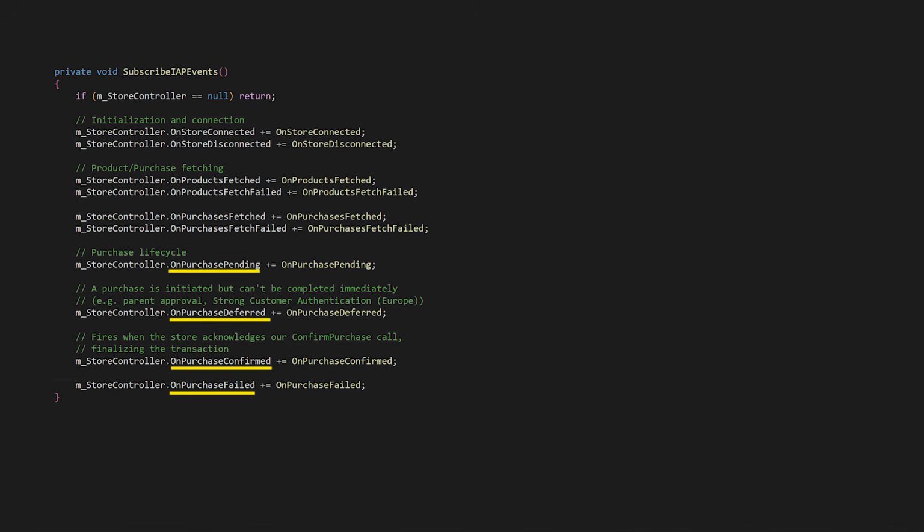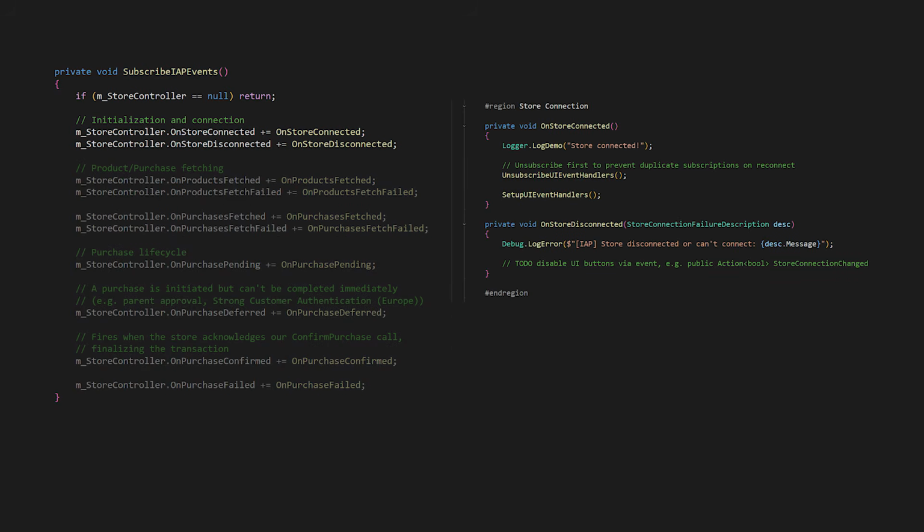Everything is handled by the StoreController rather than it being split between the IDetailStoreListener and IStoreController in version 4. While we're here, let's look at the on-store connected and on-store disconnected handlers. This is where I now handle subscription to UI events fired from purchase buttons, and I have a to-do note here that we should disable the UI buttons when the store is disconnected, which we do by implementing a connection